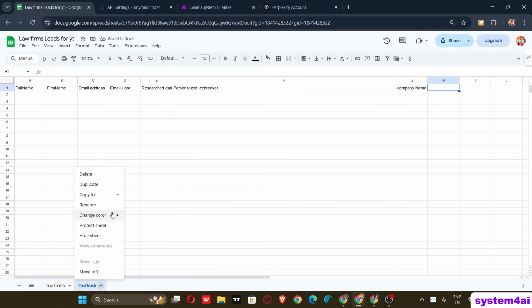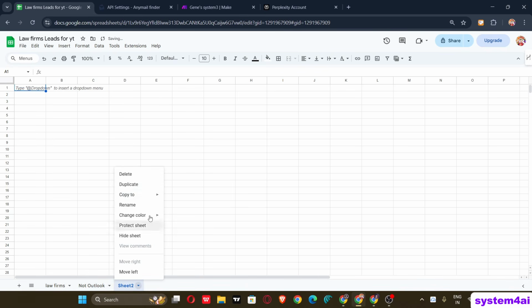And wait, let me rename this as not Outlook. And I'm gonna add another page. Now it's for the Outlook one. So rename Outlook. And again, I'm gonna add the same headers, which is the full name,